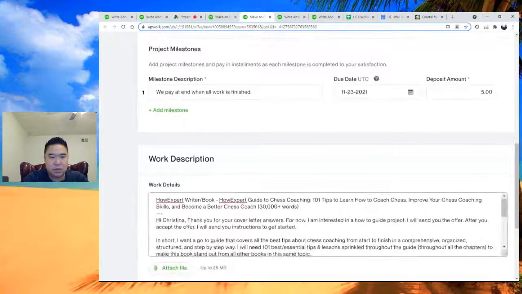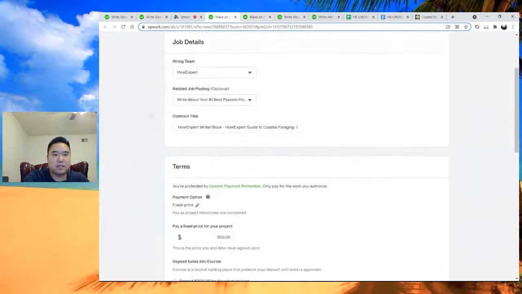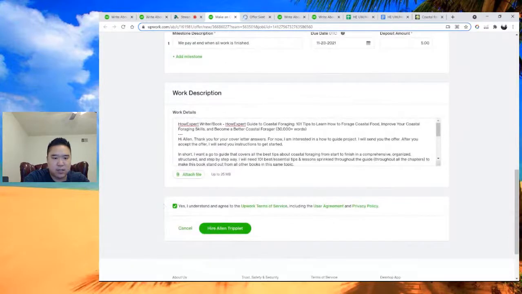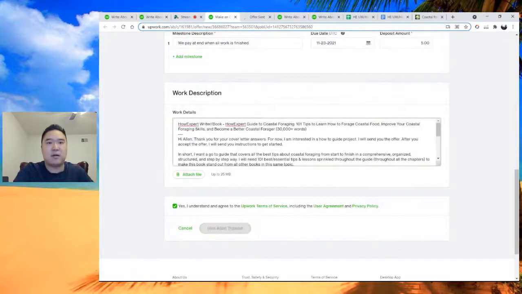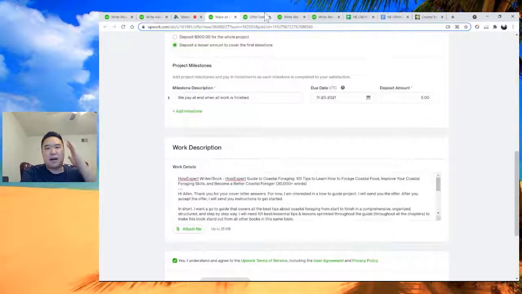And then we put in all the work description. That's what we did. We filled in the right things. And then we click hire. Moving on to the next freelancer, double check contract title, payment, deposit lesser amount, right? Due date. Okay. The instructions, check mark, everything. Click hire. Okay. So there you go. That's the demonstration of hiring